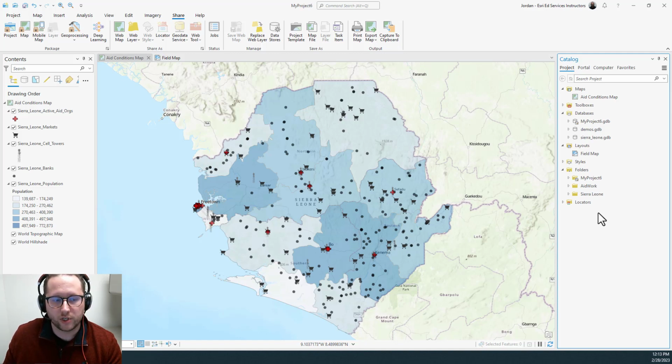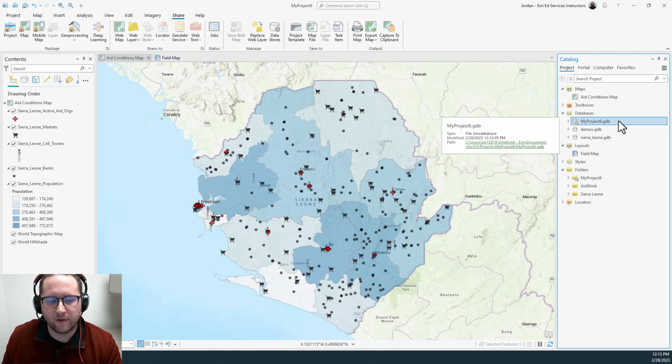Notice that the original geodatabase was copied to the new project and that a new one has been created by default. This means that you're working with a new copy of the data from the default geodatabase used to make the template. This may not be ideal for editing, but it's perfect for base map layers meant to provide spatial context for your new project.